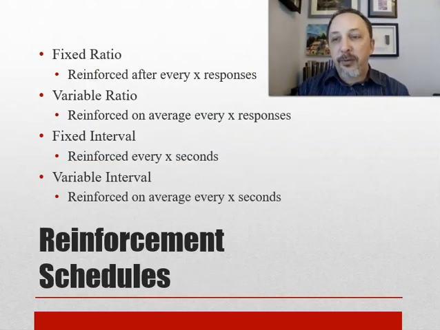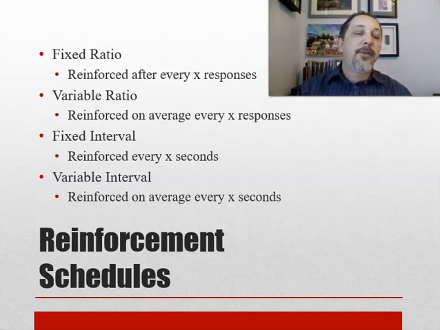Different reinforcement schedules. So you have these kinds of outcomes, these kinds of things that you want: fixed ratio, variable ratio, fixed interval, and variable interval. A ratio is a certain portion. So let's say every 4 times that you do something, you get a treat. Okay, that's the fixed ratio. The variable ratio is on average every 4 times. You may go 6 times and then get a treat, and then 1 and then get a treat, but it'll average out to every 4 times you get a treat.